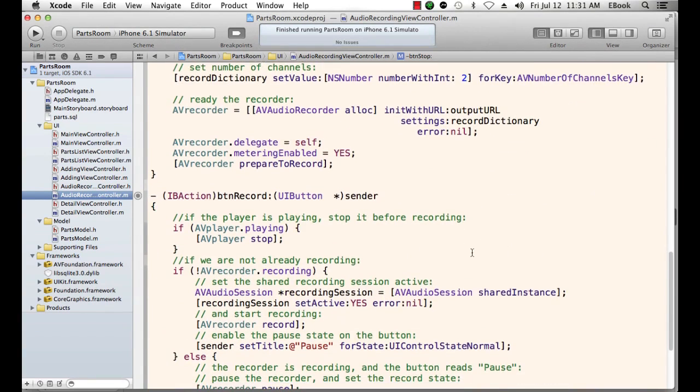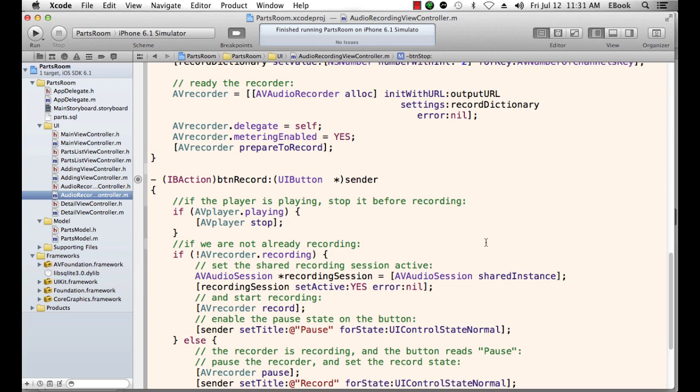When we click the recording button, the first thing we want to do is see if the player is playing. And if the player is playing, we want to stop it. So we just do it very simply: if avplayer.playing, avplayer stop. Now, play, pause, stop are things that we can use in both a player and a recorder. If we're not already recording,